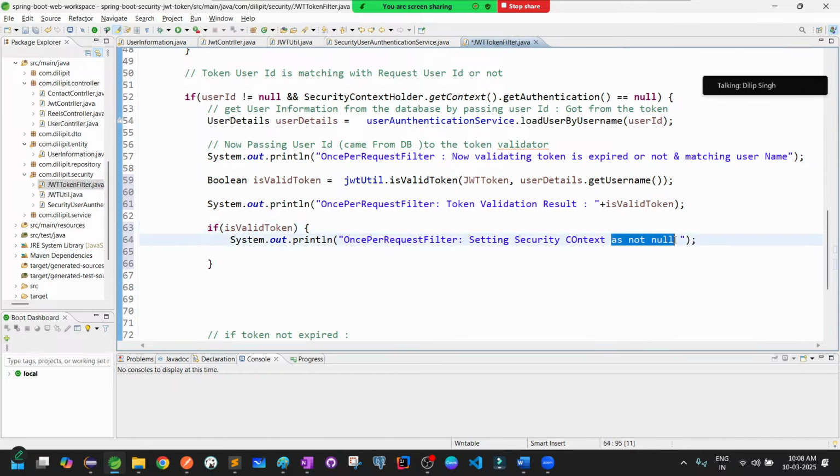Updating the security context for that user ID. As the security check is completed, something like that. Okay, so for that, again, what we are doing in this case is,